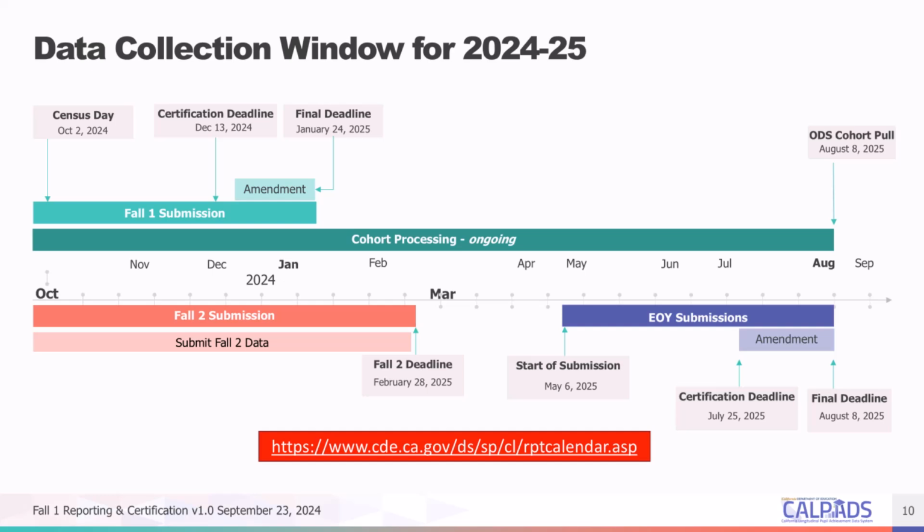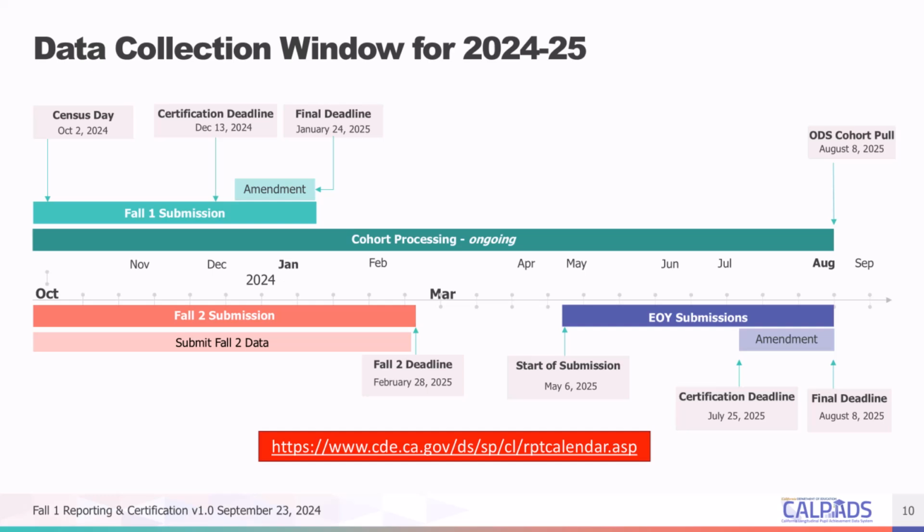For the most part, your teachers, your courses, that's already determined. You can submit that data right now. You might not be focusing on it. You don't have the Fall 2 reports available, but you certainly could be submitting the data. But Fall 1, of course, would be the priority because it has the most